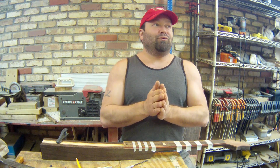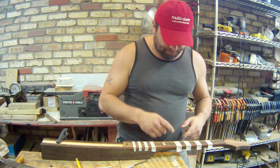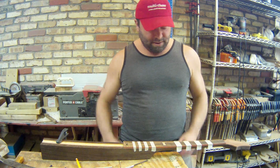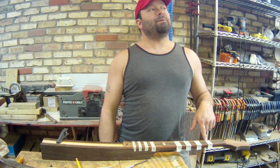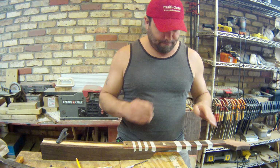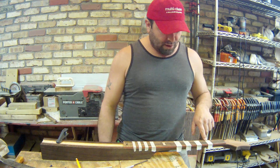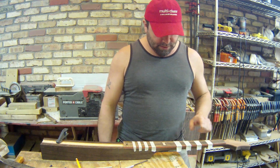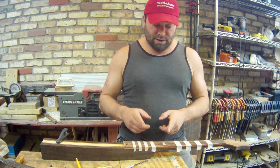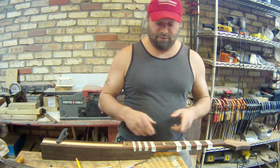What I normally do, on the lower end, I'll do the bass side, and on the higher end, I do the treble side. I put a mark a 1/4 inch off of the edge of the inside of the binding, okay, and a mark just slightly more than a 1/4 inch off of the fret slot. So that's where these are getting placed. Down here, you quickly run into a situation where slightly more than a 1/4 inch is more than half, so